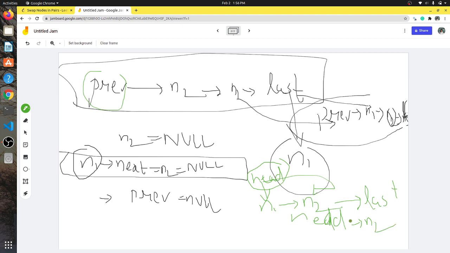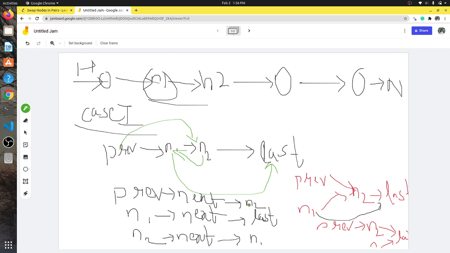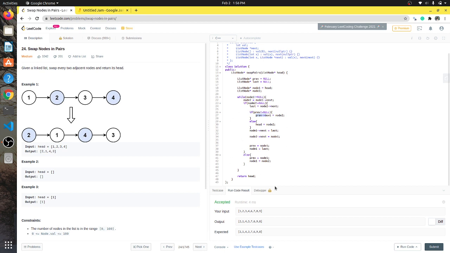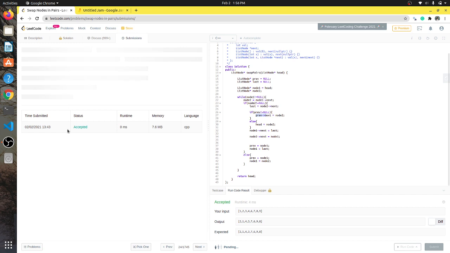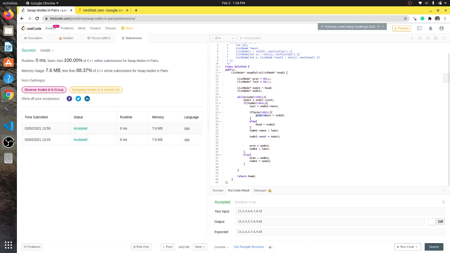So in the linked list n2 will become our front, followed by n1, and then we do the rest of the operations as explained here. The rest of the operations will be the same for this special case, and our question will be solved. Then we will return head and we will get the accepted answer. You can see. Okay, thank you, bye.